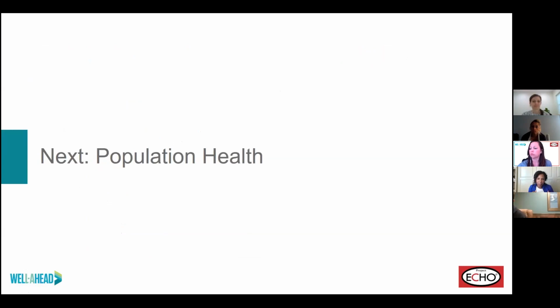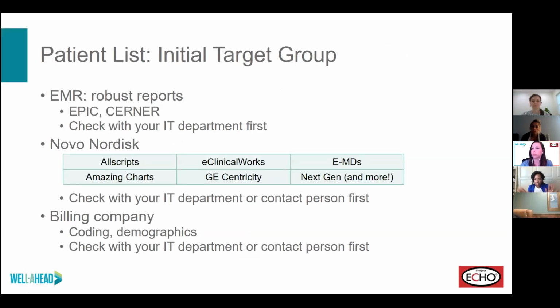We were going to touch on a few things with Pop Health, but we can save it. When you want to focus on scores in your office, whether that's foot exams, A1Cs, it doesn't matter, you may choose that your whole team's going to focus on one thing. So you might think, let me get my list, my diabetes list. Well, if you're blessed, Epic and Cerner happen to be the two most robust programs that a lot of people in this area have. So your reports are a little easier. If you don't know how to get your list, whether you want just A1Cs 9% and above, maybe you just want those with